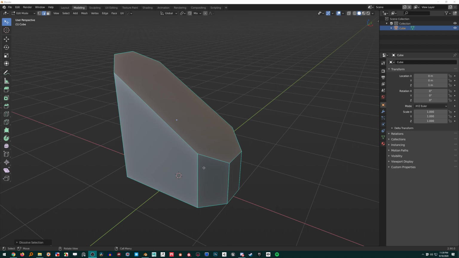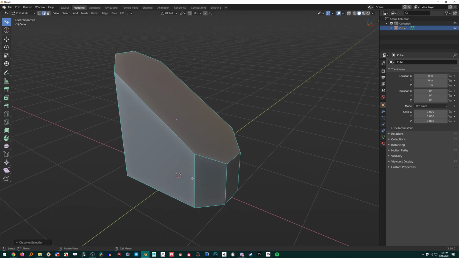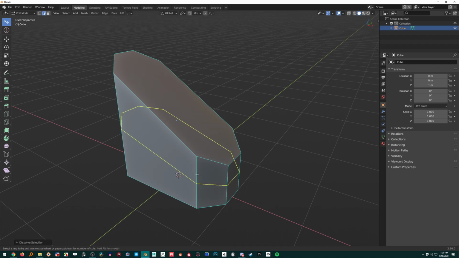The even setting is really useful when you're using edge slide. So I'm just going to press Ctrl R and make an edge slide right here. If I press E, I can enable that even setting, and you're not going to be able to see it very well in the video, but the vertex on this yellow line at the bottom turns blue